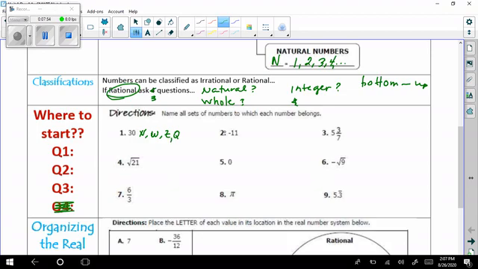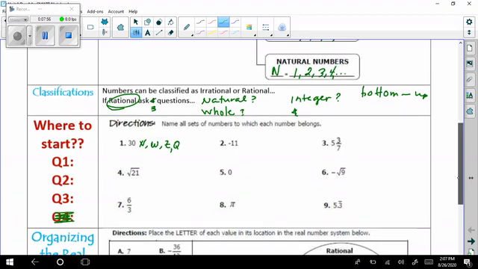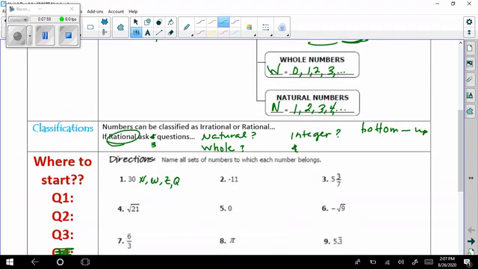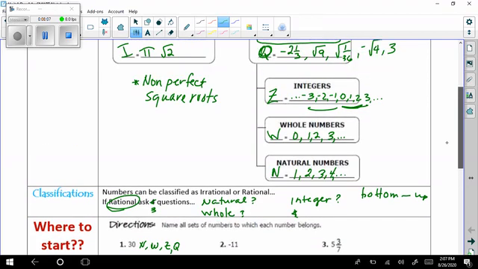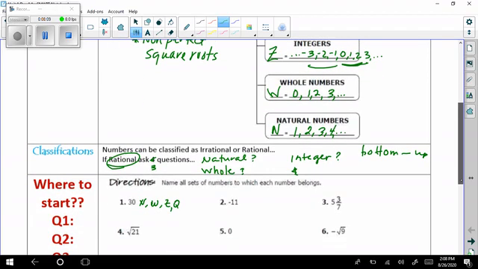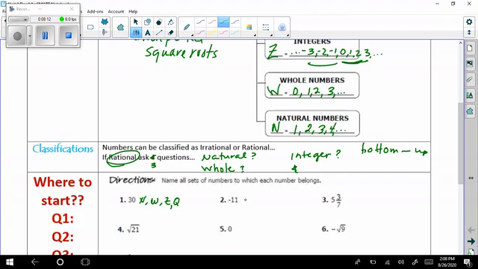So this number 2 is not natural. Is it whole? 0 and then the positives? Nope. But isn't it an integer? Yes. So we're going to start with integers right here, the negatives. Negative numbers. So we're going to call it an integer, which is a Z. And then we also know if it's an integer, it's also rational, which is going to be Q. The next one's a fraction, so I can skip right up the line. It's rational, so it's just going to be Q.